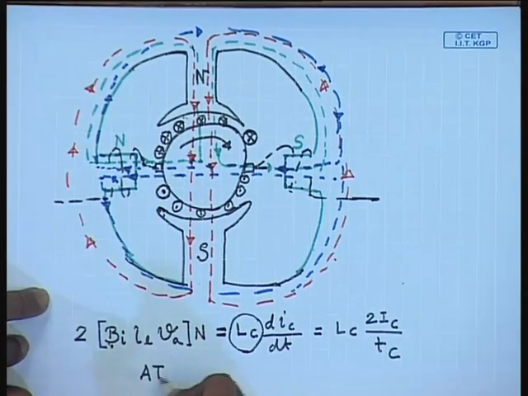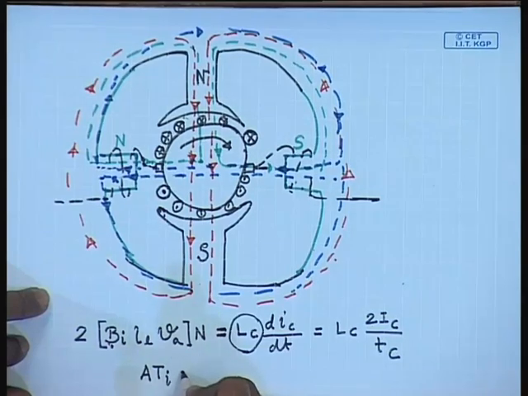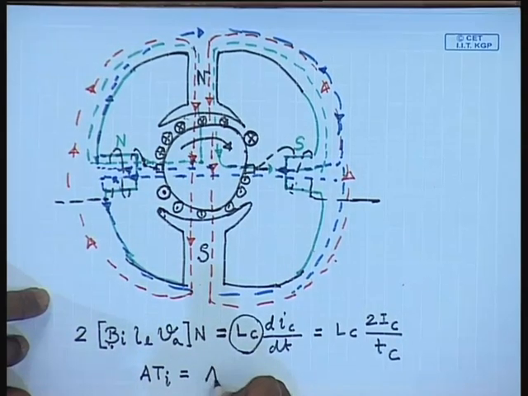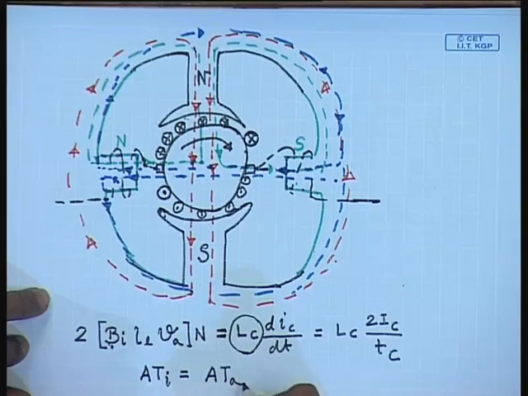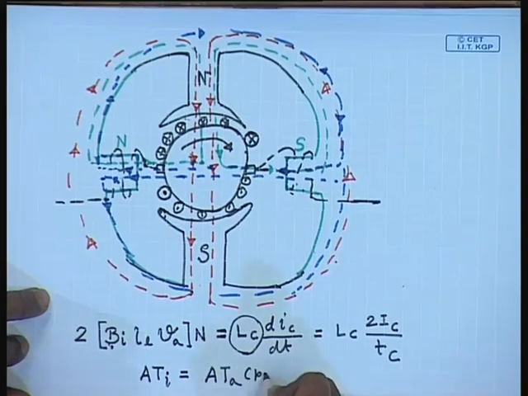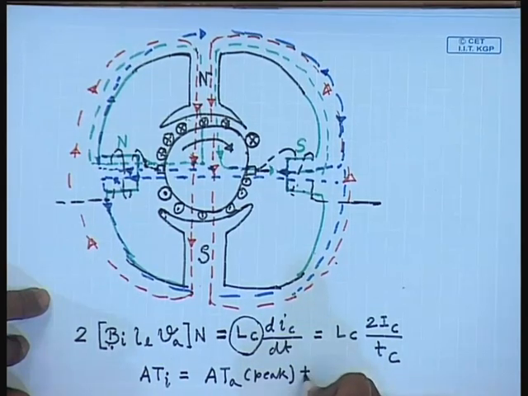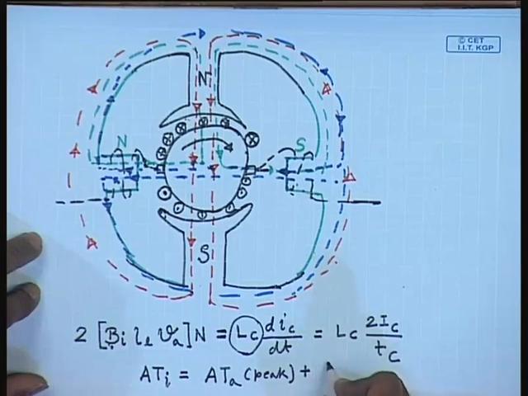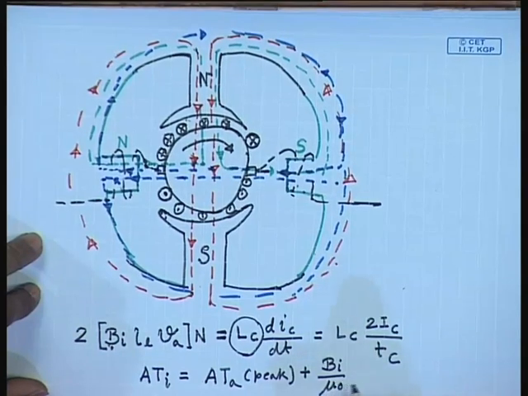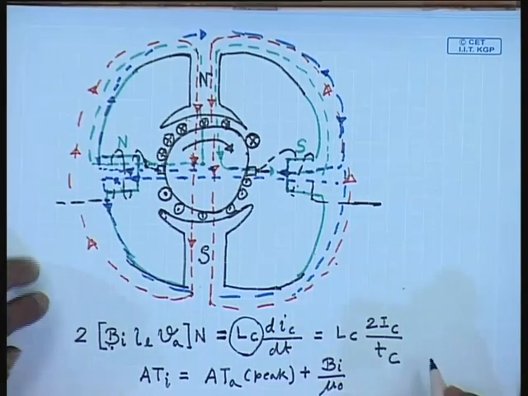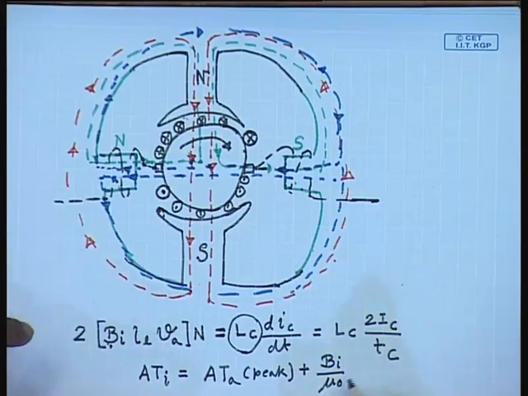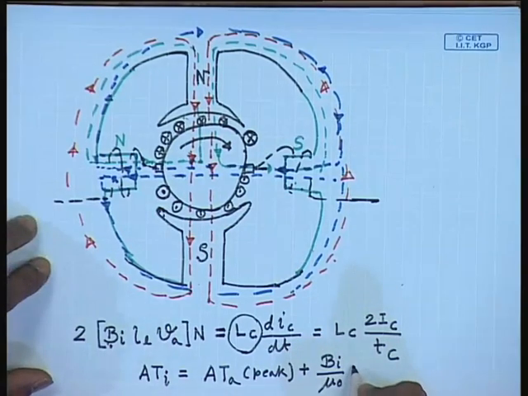Ampere turns of the interpole should be equal to peak armature reaction ampere turns plus the ampere turns required to generate a flux density of Bi at the interpole. Since if we neglect the ampere turns required to circulate flux in the core, this is given by